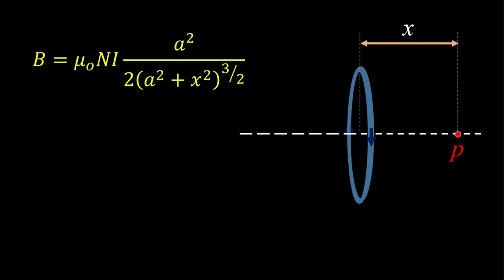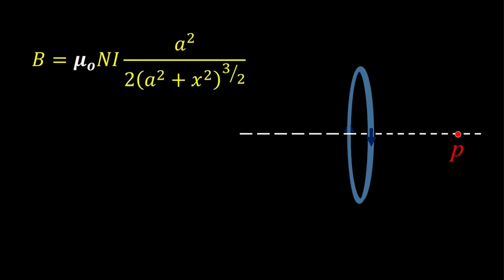A circular coil carrying some current will produce a magnetic field in the region around the coil. If we are interested in the magnetic field at a point, let's say P, on an axis that passes through the center of the coil, perpendicular to its plane, a distance x from the center of the coil, the magnetic field at this point is given by this relation,